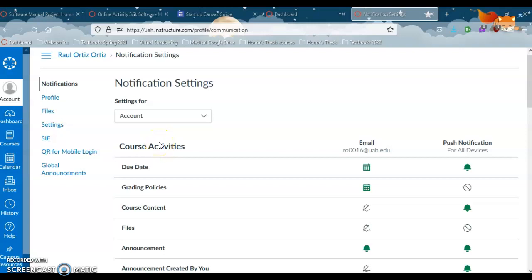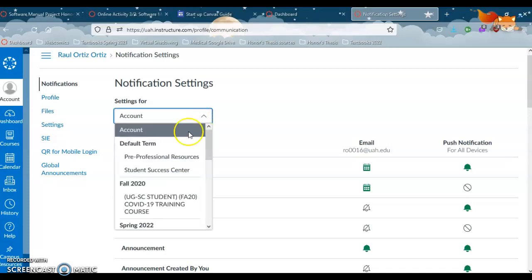Hello, today I'm going to show you how to adjust your notifications. So to begin, you can select what notifications you want to adjust in this drop-down menu. You just click the drop-down and you'll see a range of options to adjust which specific term that you are